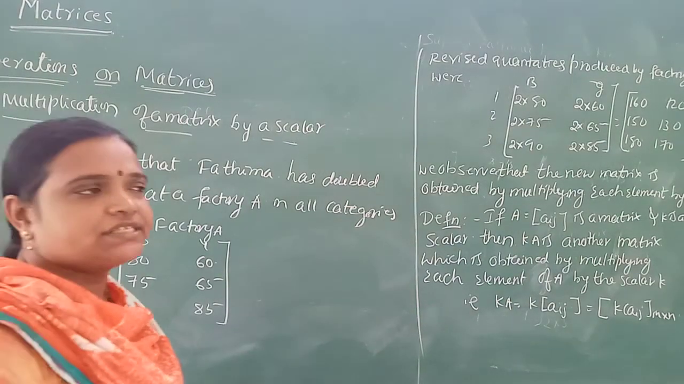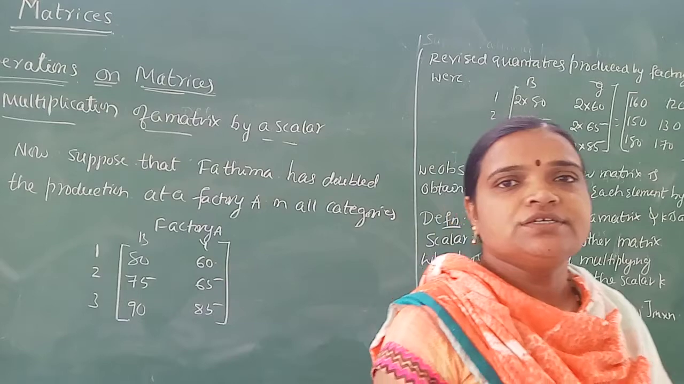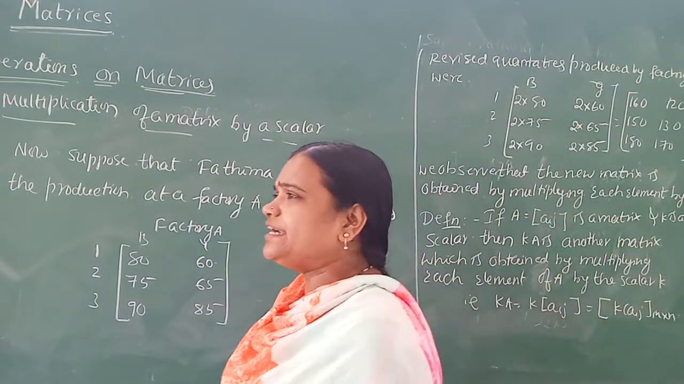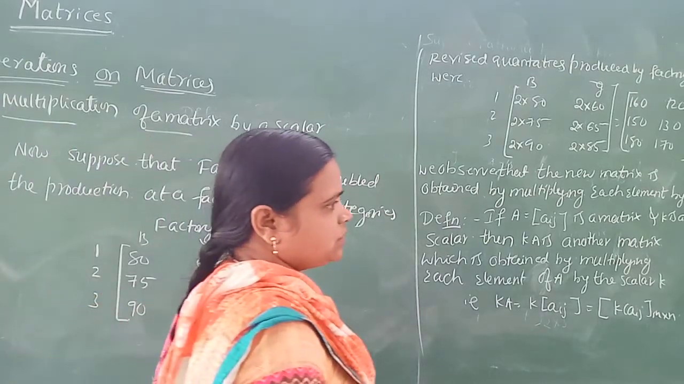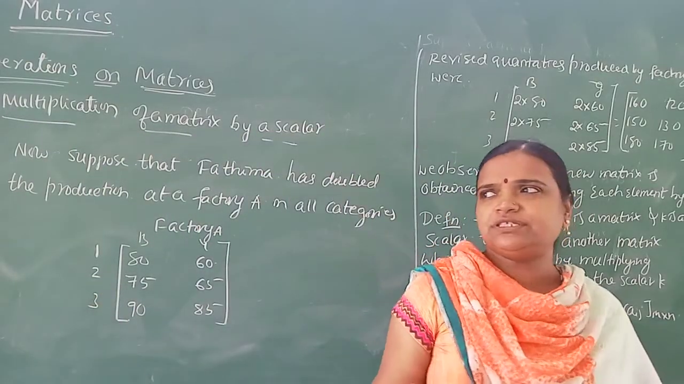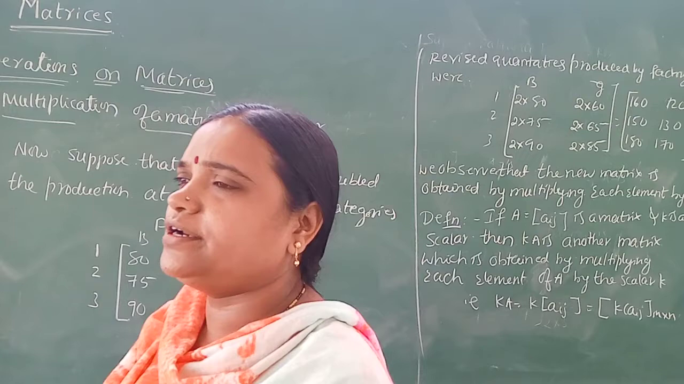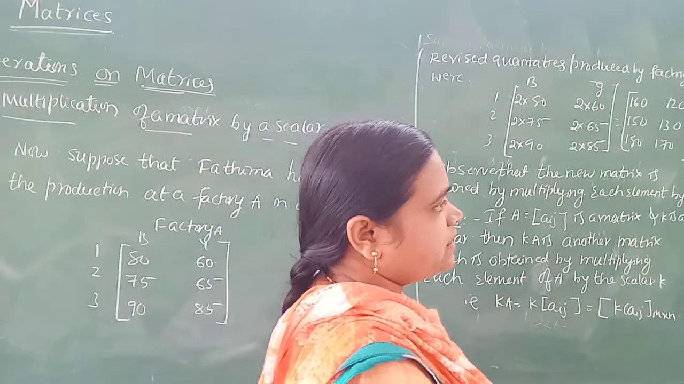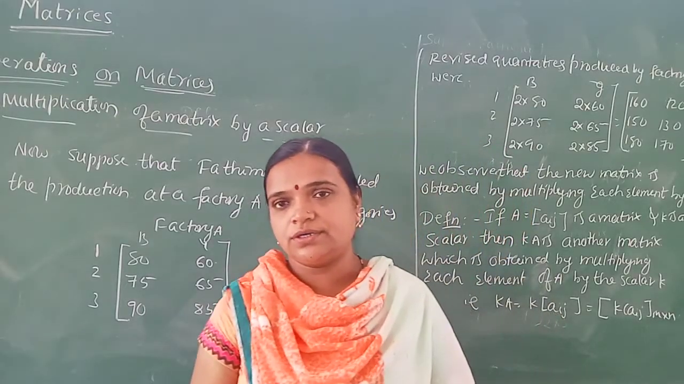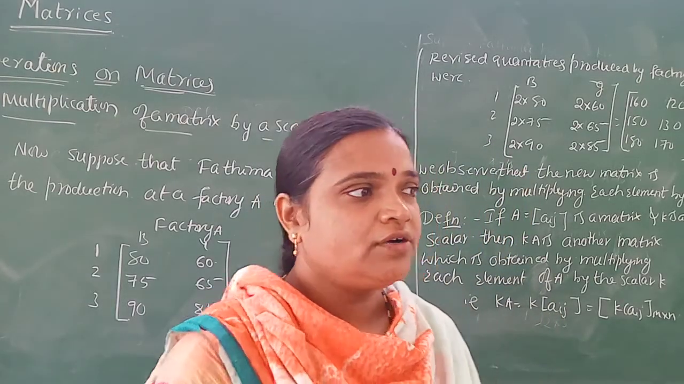In the previous video we discussed addition of matrices. That is, two matrices can be added if and only if they have the same order, and then the corresponding elements of A and B are added to obtain A plus B, which is also of the same order. By taking the example of Fatima,